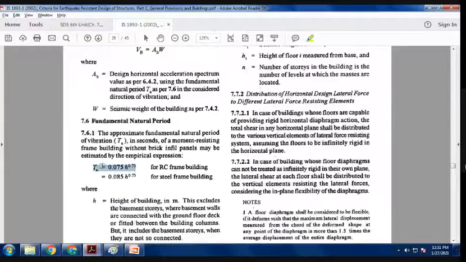And one more thing, if he has mentioned an RCC building, just calculate the value of T with respect to this one. RCC frame building without any infill,